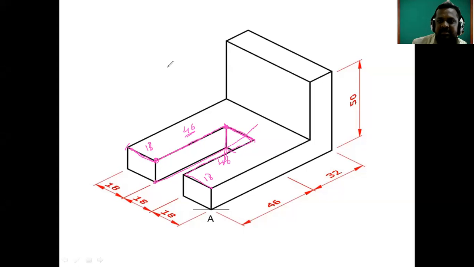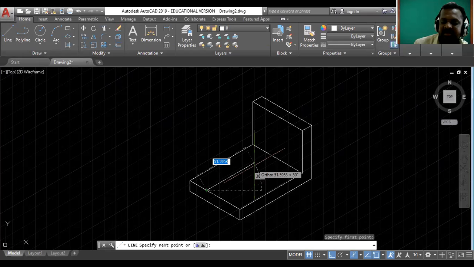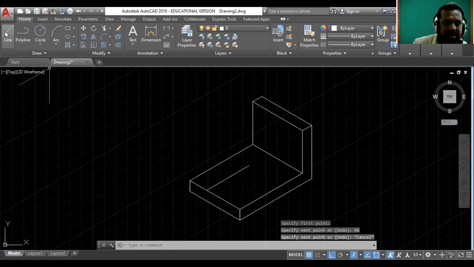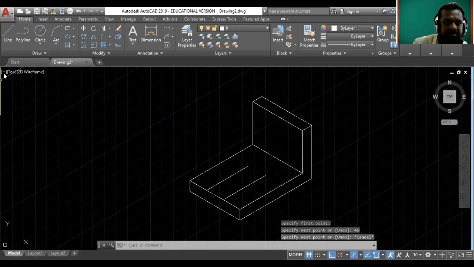You just have to remember the dimension and tell me. Again take the line. See, this is the 80 distance, from this 80 here inside. Depth is given, it is 46. Enter, escape. Okay, then again take the line and the next point of 80. Here we again have to draw 46, enter, escape, then join those two lines.